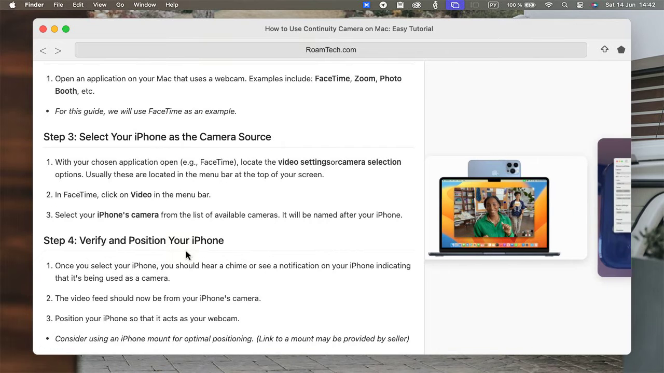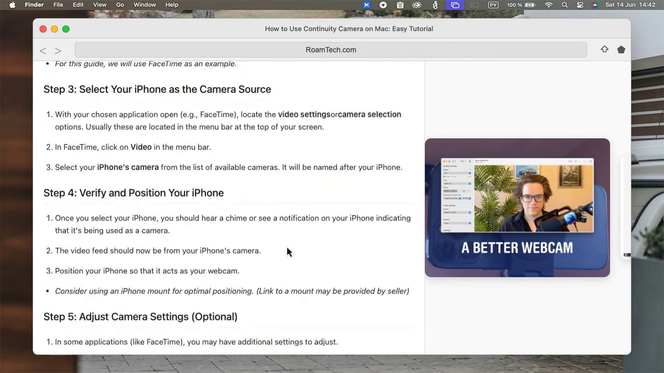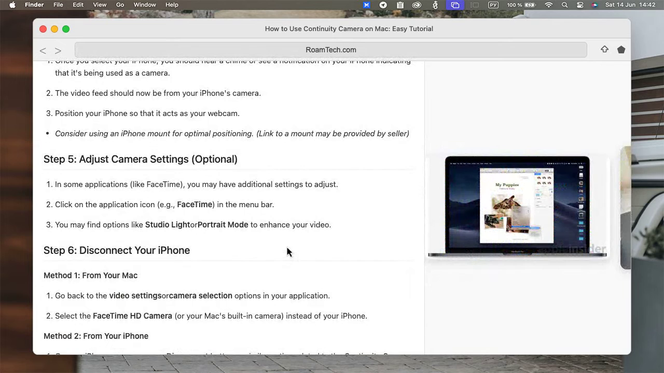Alright, now that's enabled, let's jump back to your Mac. Open up an application that uses your webcam. For this example, I'm using FaceTime. Once FaceTime is open, you'll probably notice that it's using the built-in webcam on your Mac, and the quality isn't